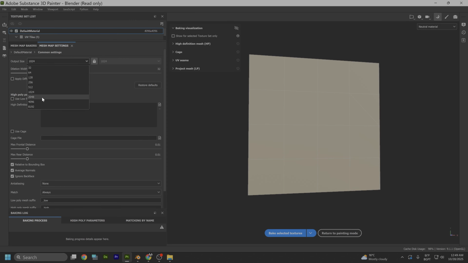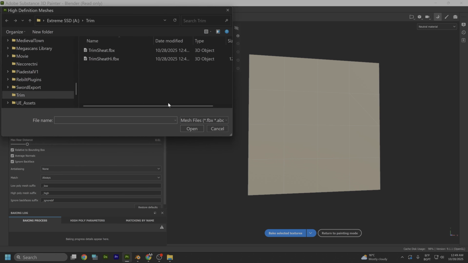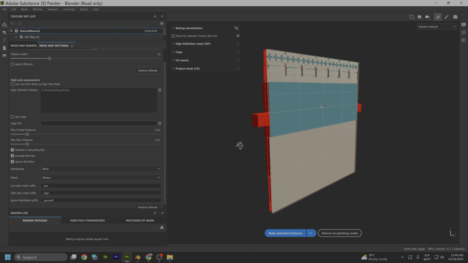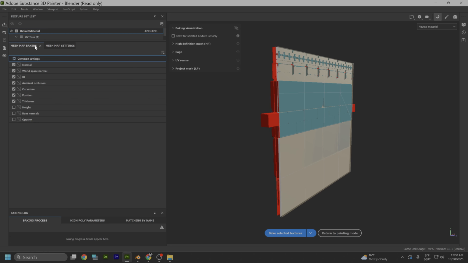So here I'm going to choose 2048 because it's going to bake it easier, faster, sorry. So here we're choosing trim sheet high and we select it. And here for the super sampling by 4, and here for mesh map bakings we're going to select also the height,